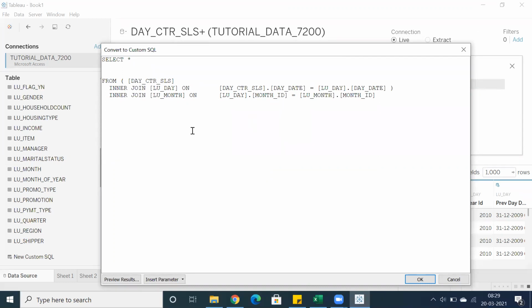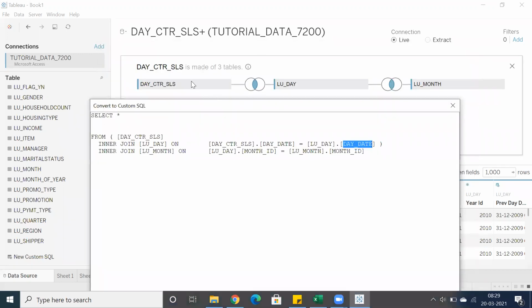It's converted, and you can see day center sales dot day date equal to LU underscore day table dot day date. So the common key column is day date.